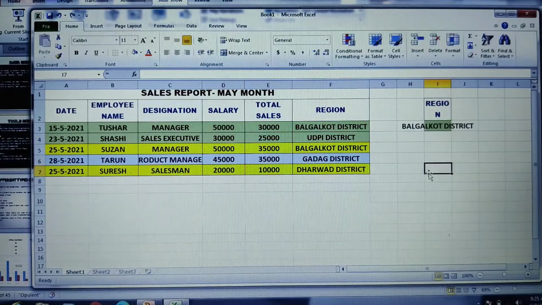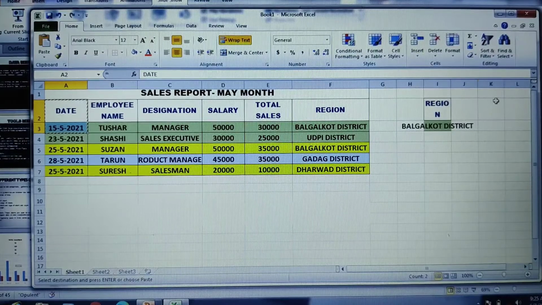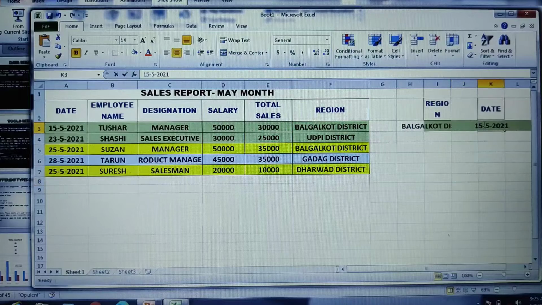Here I'll choose a different filter. So I'll take a date here. Okay, I'll take a date, I'll copy it. I'll just copy it in this particular location. Fine. Now here I'm going to change the date.